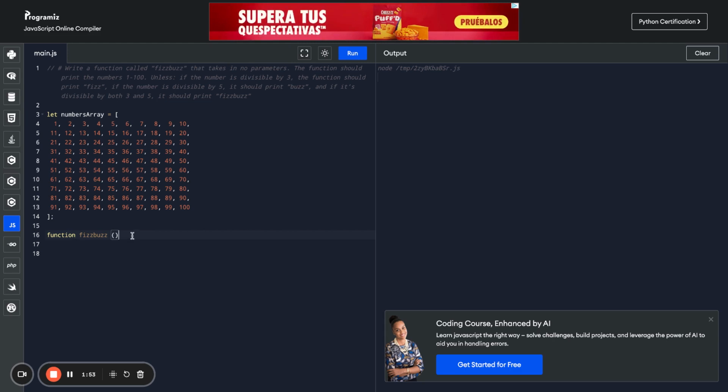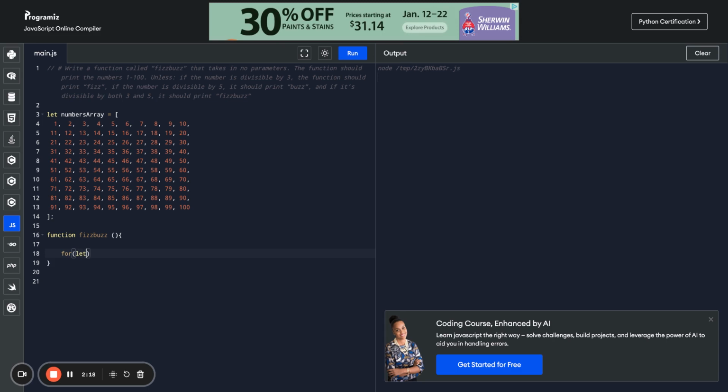And also, when he says takes in no parameters, that just means nothing in the parentheses. So if we do open bracket, so now we're going to do a for loop. So we have access to the array. So we're going to do for, and then it's going to be I equals, or we're going to need to do let I equals 0, and then I is less than